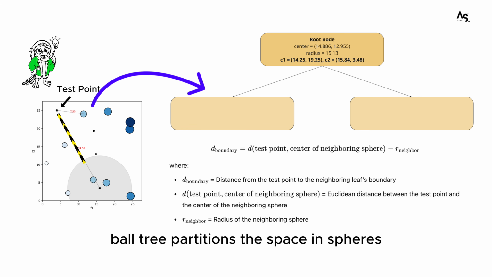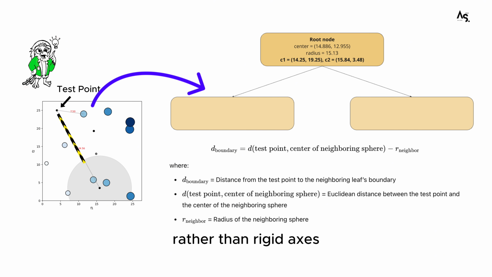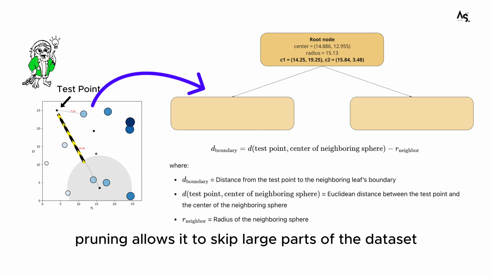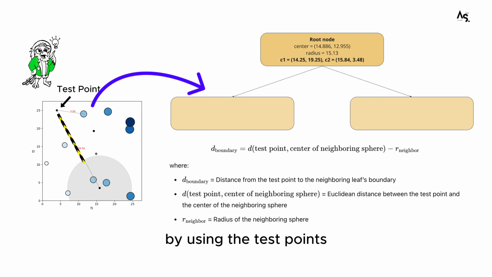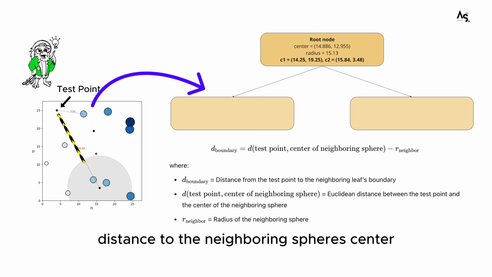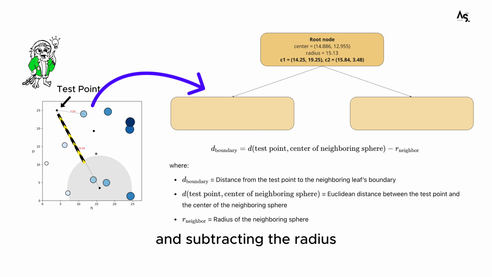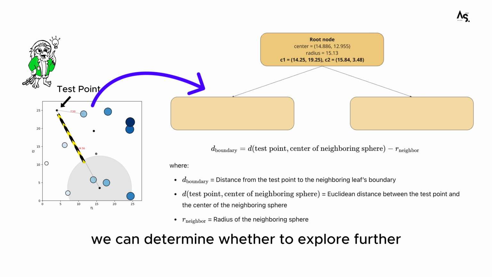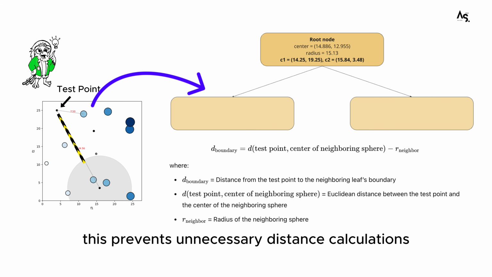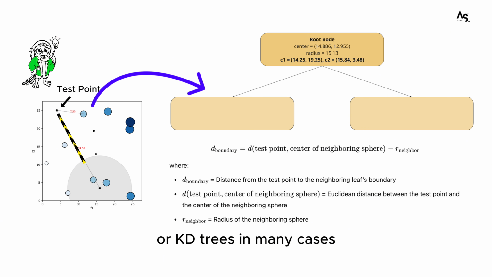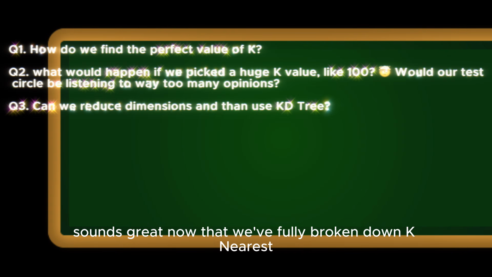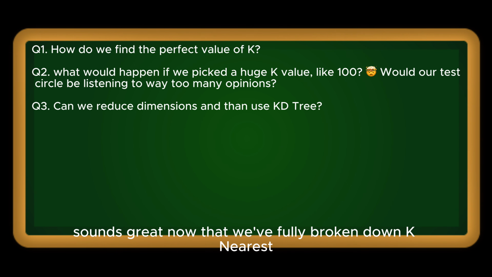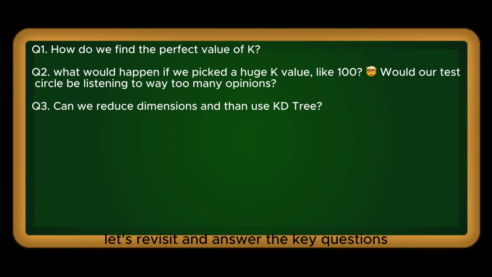Ball tree partitions the space in spheres rather than rigid axes, which helps in high-dimensional spaces where distances lose meaning. Boundary-based pruning allows it to skip large parts of the dataset, making the search efficient. By using the test point's distance to the neighboring sphere's center and subtracting the radius, we can determine whether to explore further. This prevents unnecessary distance calculations, making ball tree more efficient than brute force or KD trees in many cases. Sounds great. Now that we've fully broken down K Nearest Neighbor Regressor, let's revisit and answer the key questions